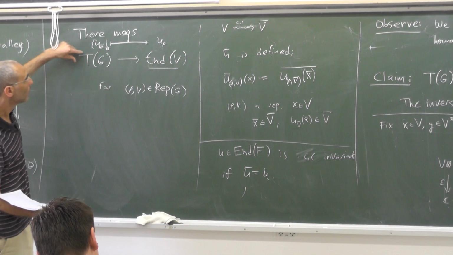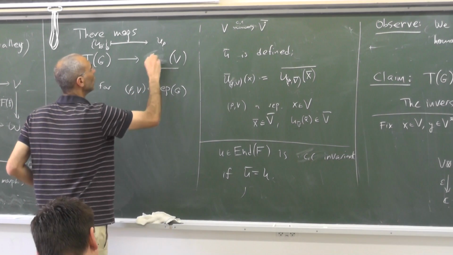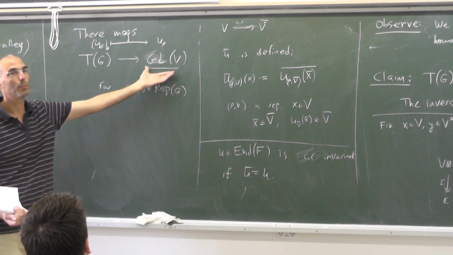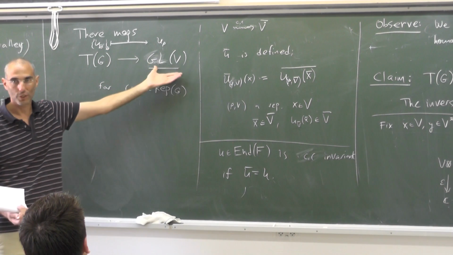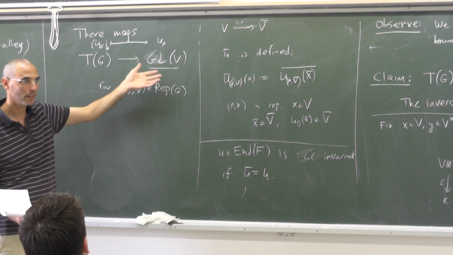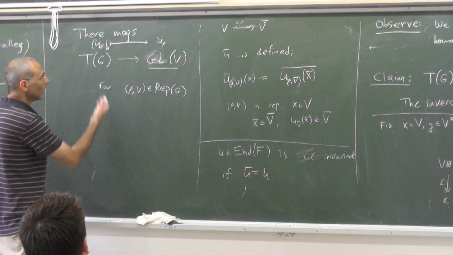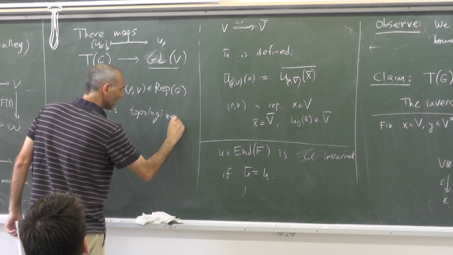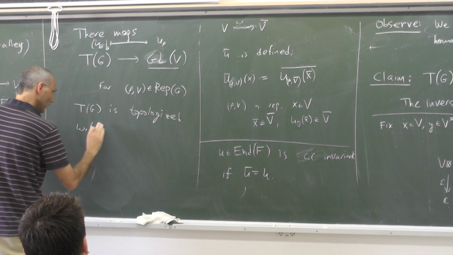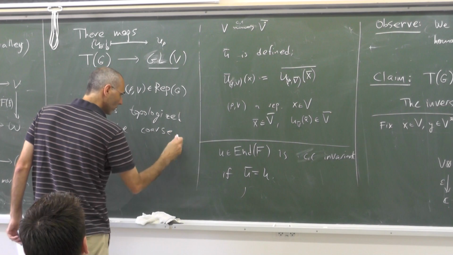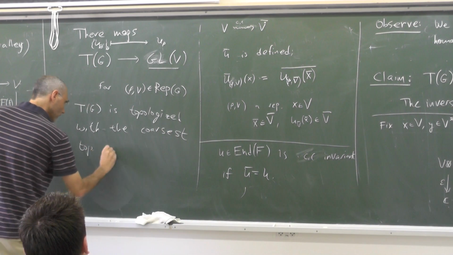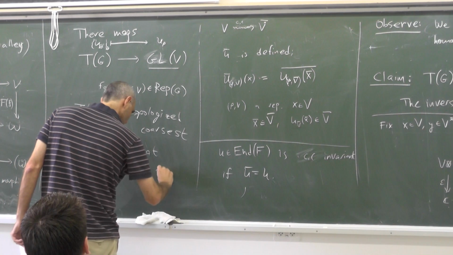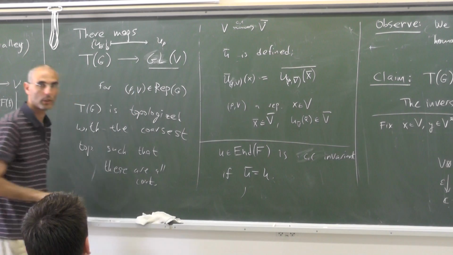So what I'm saying is there are many maps into GL(V)s, into Lie groups, and I can take the topology, which is the coarse topology here. Basically, I'm taking the product of all these. This is embedded in the product of such. Only this is not really a product because there is not really a set here, so I'm not using this term, but I'm taking TG topologized with the coarsest topology such that